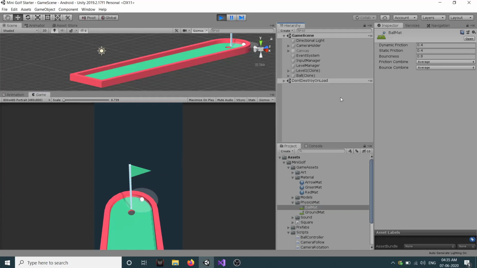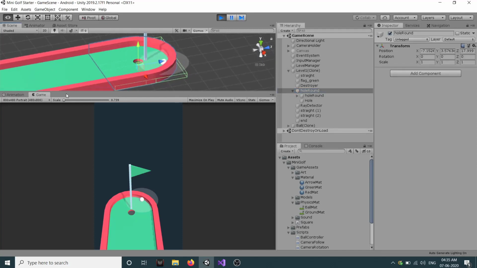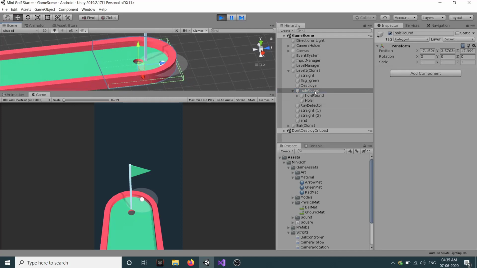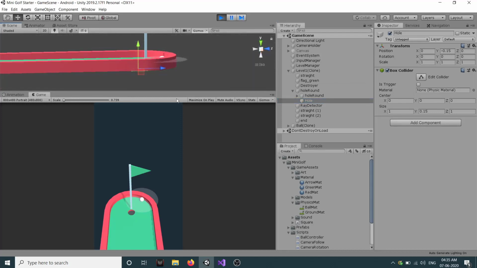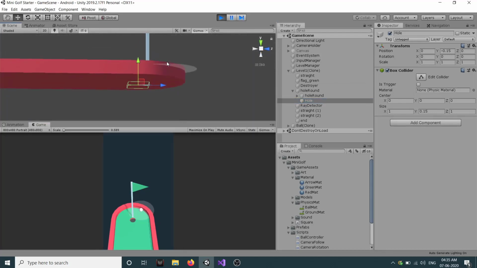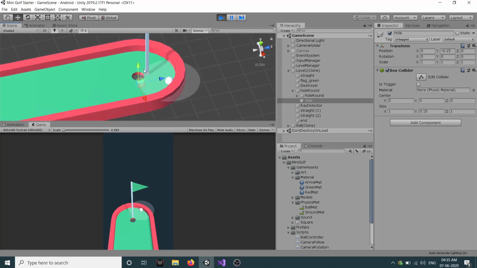So as you can see, our ball is spawning, our level is also spawning, and we also have one thing. We have this whole prefab. Inside that, we have this one object called hole, and it has a box collider. You can see it is a simple collider which is a little bit outside our prefab, but it is just below this hole.